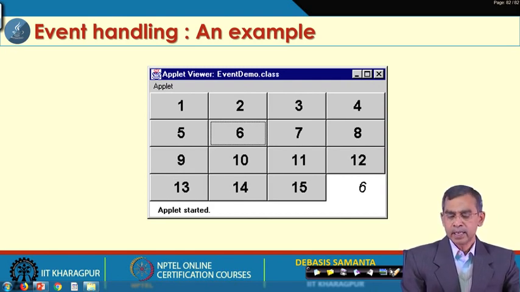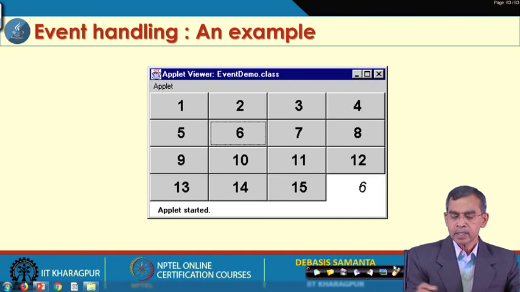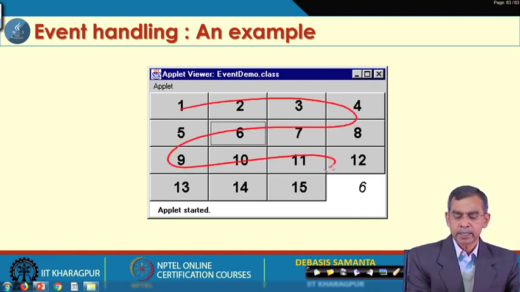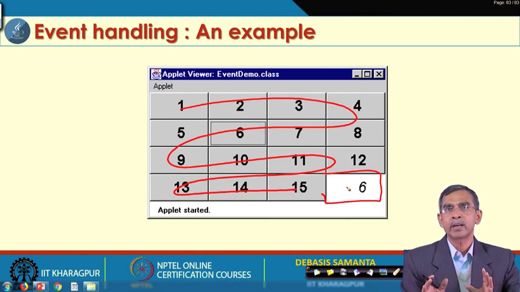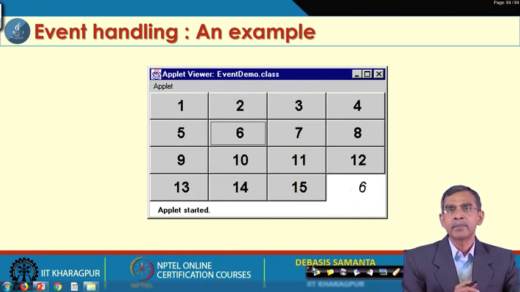And here you see, out of 16 grid components, the first 15 are buttons, and the last is not a button, it is called the text field. So, we want to create a window which includes 15 buttons labeled 1, 2, 3, up to 15, and 1 is this one.